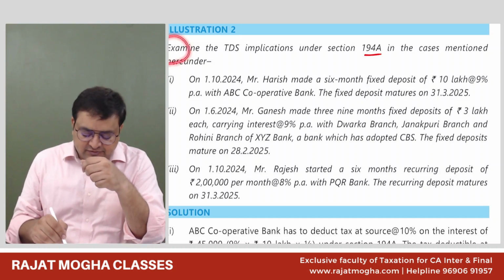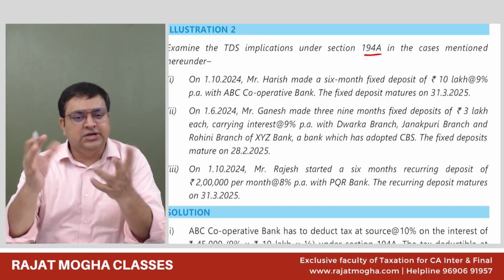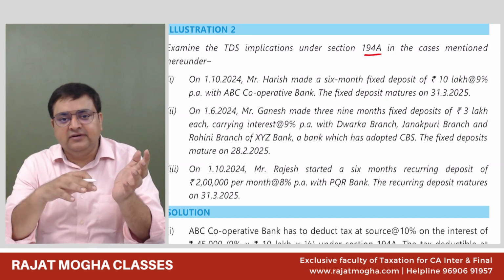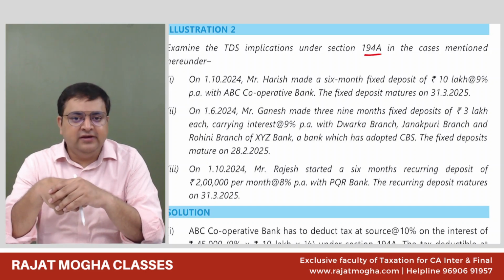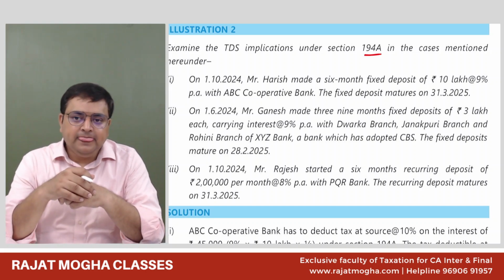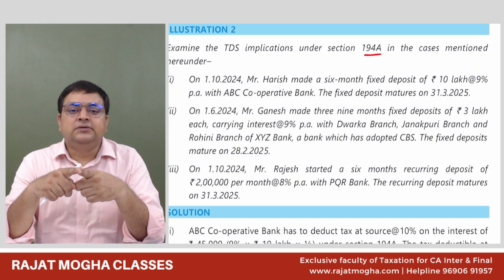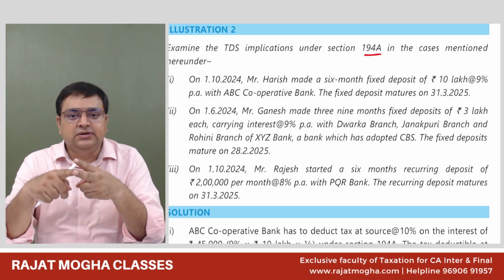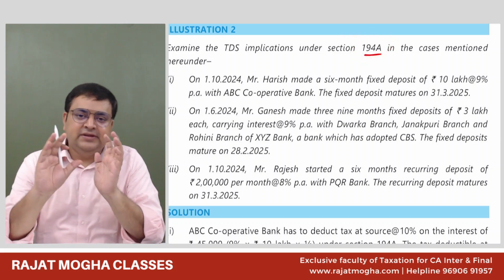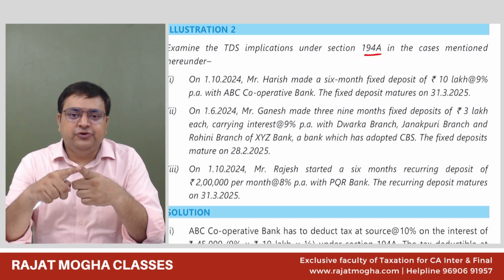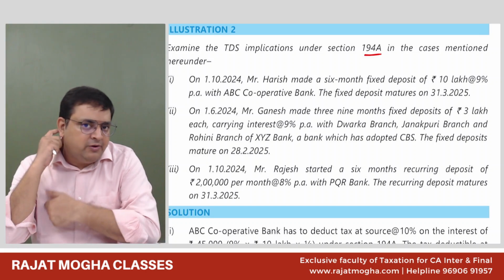Generally, these are the types of questions where the format is almost the same. These are asked as a separate question. If you pick up the last 5, 6 papers of every examination, every time you will find this type of question on TDS of 5 to 6 marks. Your answer should contain the threshold limit. Even if you don't remember the section number, that is okay. But the threshold limit you should know, the rate of TDS you should know, and then obviously the amount of TDS you will be able to calculate.